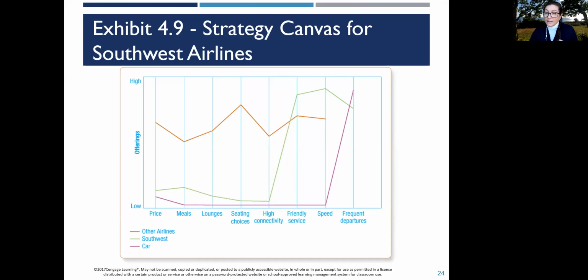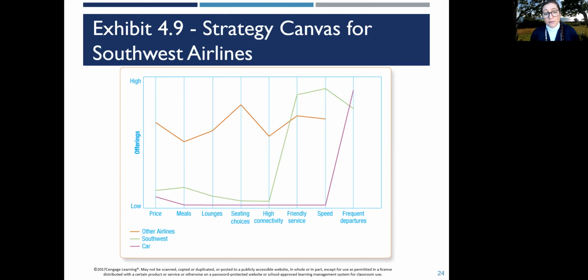And these product attributes can be plotted in terms of how much value is placed on each of these product attributes by the buyers, right? And we can plot it for Southwest on the green line, a vehicle on the purple line, so that's indirect competition, and then other airlines on the orange line, okay? So Southwest on the green line, for example, this strategy canvas is showing us that